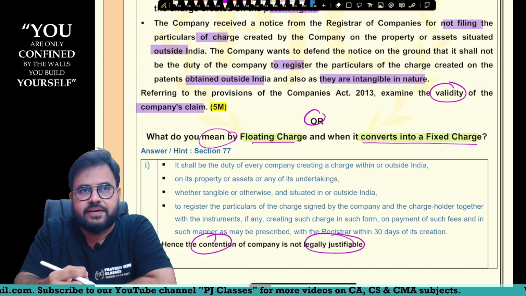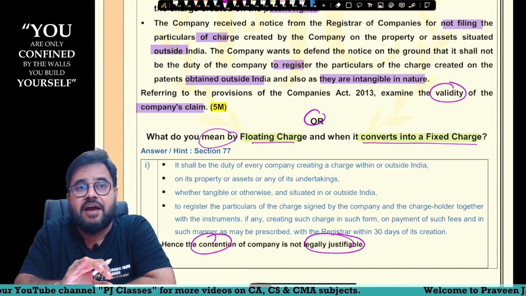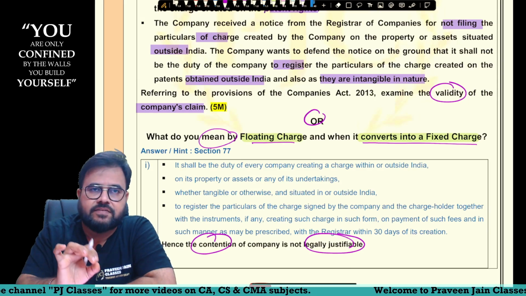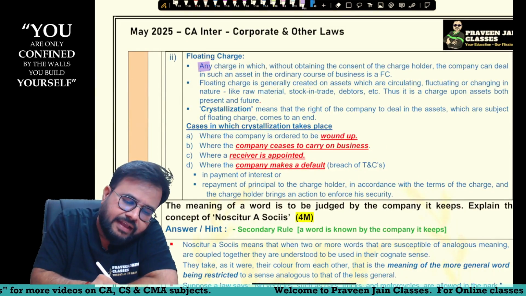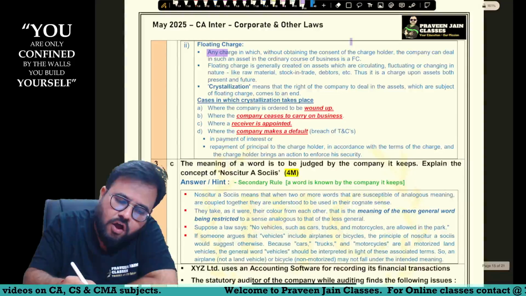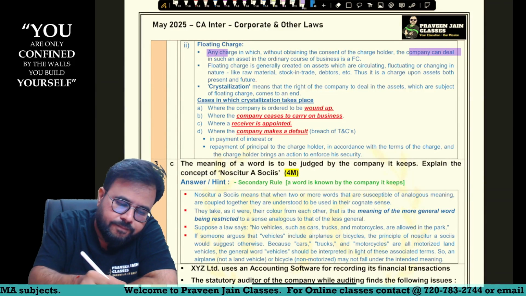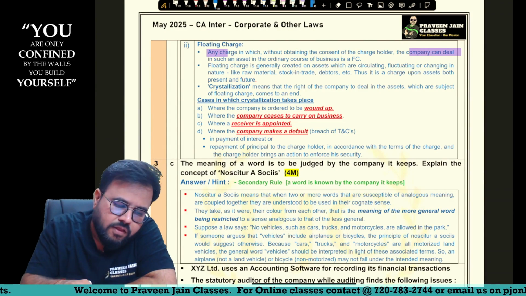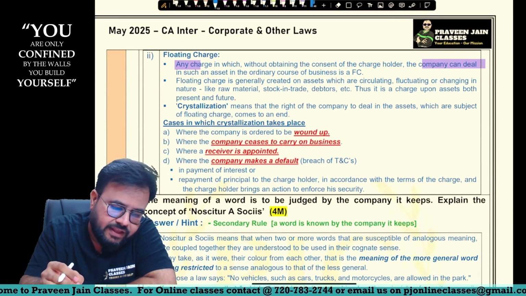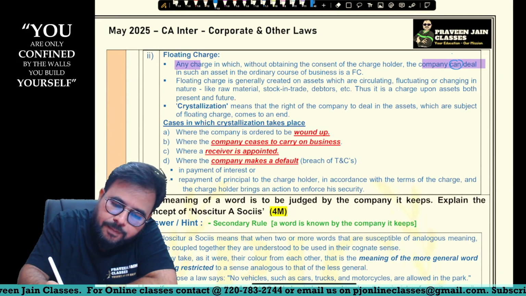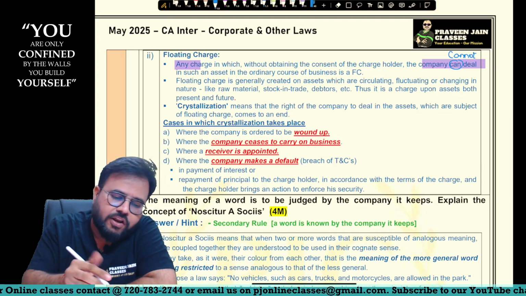Whenever a charge is created and the company which is borrowing does not have the right to deal in those assets, that type of charge is called a floating charge. So what is a floating charge, sir? A charge in which without the consent of the charge holder, company cannot deal. Company can, no, company cannot, small mistake sir, deal in such assets